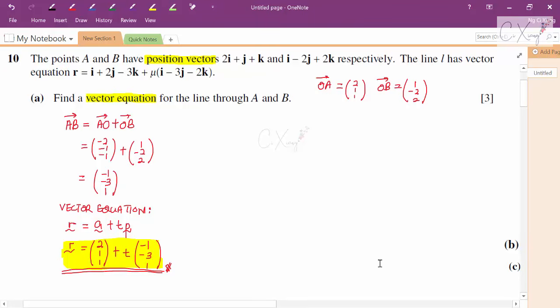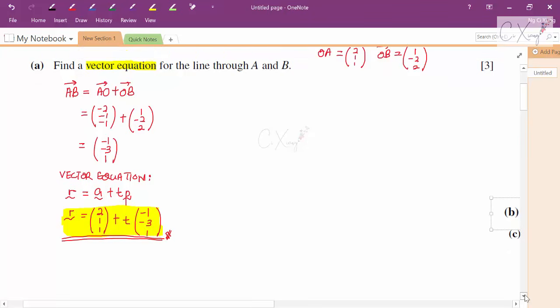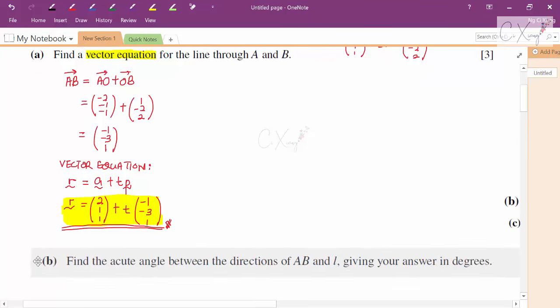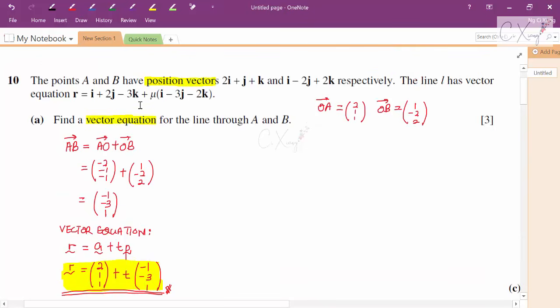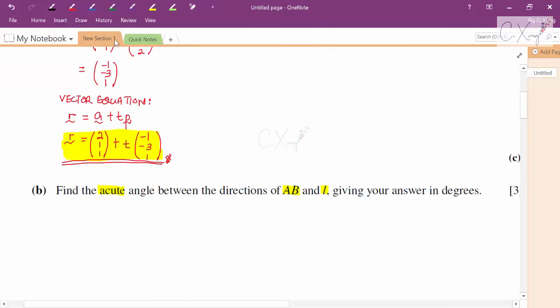All right, so for part B, let's have a look at what they ask. Okay, so they want us to find the acute angle between the direction of AB and L, giving your answer in degrees. So this is the vector equation for the line L. All right, so I will rewrite it again. For the vector equation of the line L,